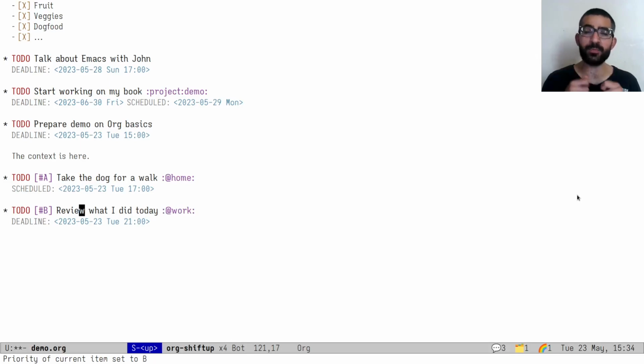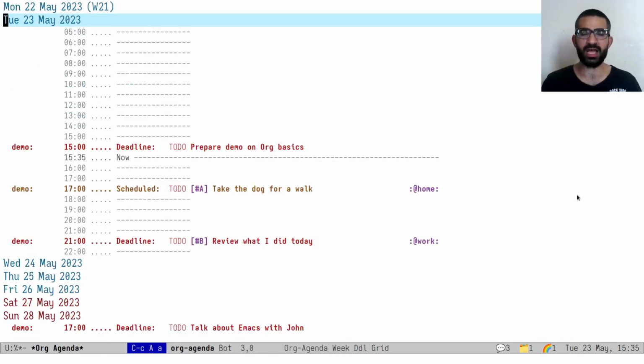Not adding arbitrary stuff to your agenda will keep your agenda focused. Whereas if you add everything that comes up to mind, if you add an arbitrary date or timestamp to it, then you are simply crowding out the tasks that are actually time sensitive. You are adding all that noise to your agenda, and then you visit the agenda and you have hundreds of items here, and basically you feel disempowered, because now you are like, who is going to do all this work? Nobody. So I say avoid adding too much stuff to the agenda,